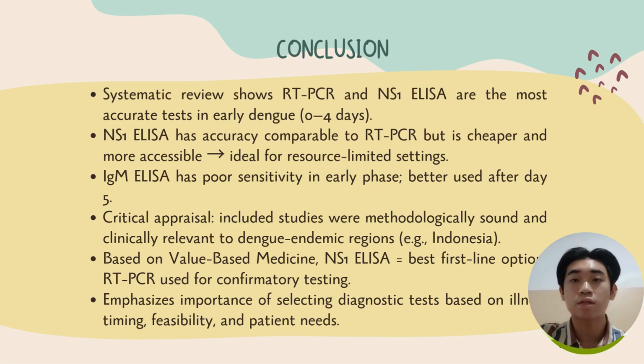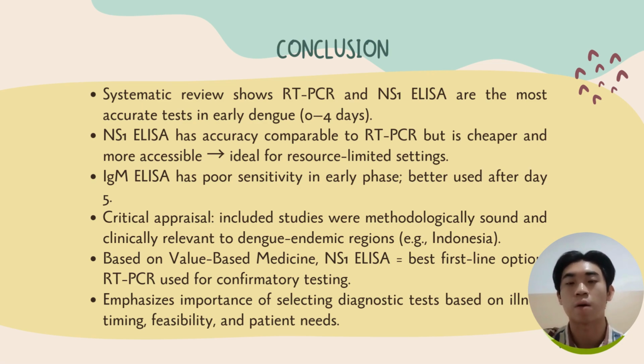In summary, the evidence from the selected systematic review shows that RT-PCR and NS1 ELISA are the most accurate diagnostic tests for early dengue infection, particularly within the first 0 to 4 days of symptoms. NS1 ELISA offers accuracy comparable to RT-PCR while being more affordable and accessible, making it suitable for use in resource-limited settings. IgM ELISA, however, has a very low sensitivity in the early phase and is better reserved for use after day 5. The critical appraisal confirms that the included studies were methodologically sound and clinically relevant to dengue endemic regions